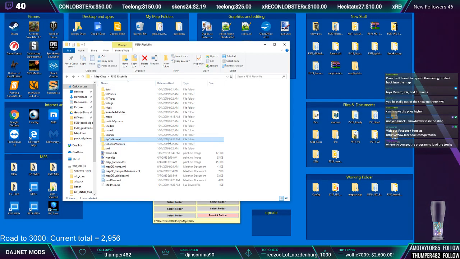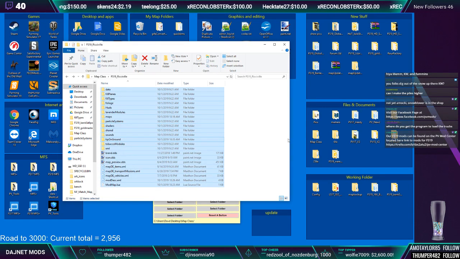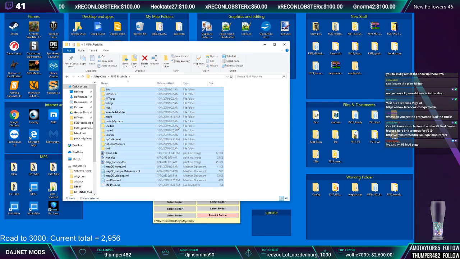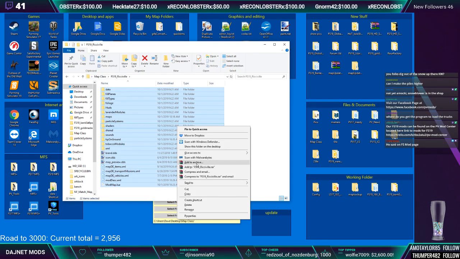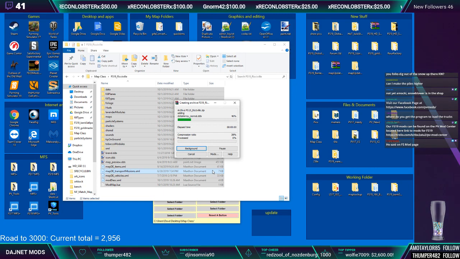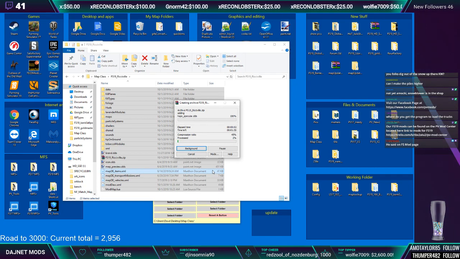So here I am. We're going to select all of the Rickyville map there. Add to archive. We'll zip it up. And this is the copy that I will...